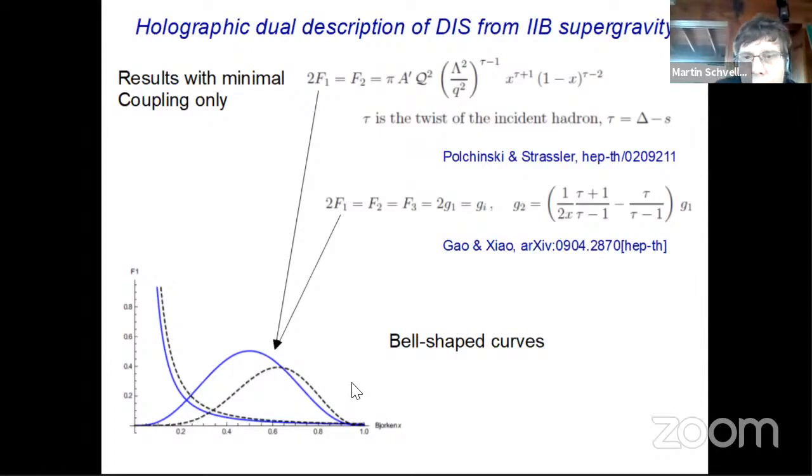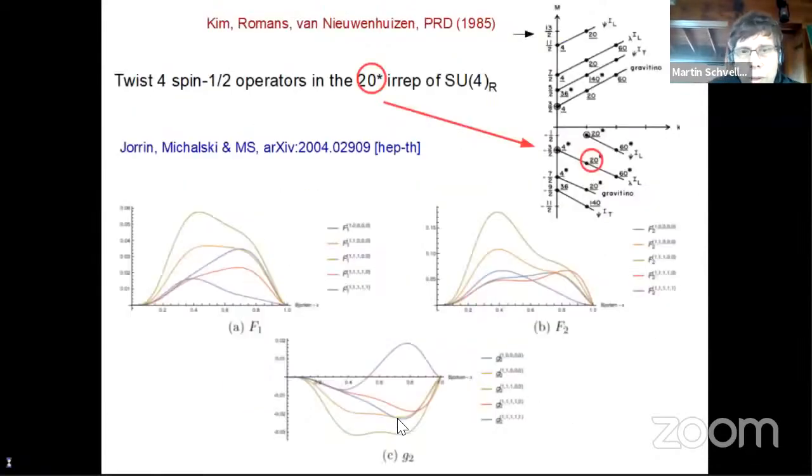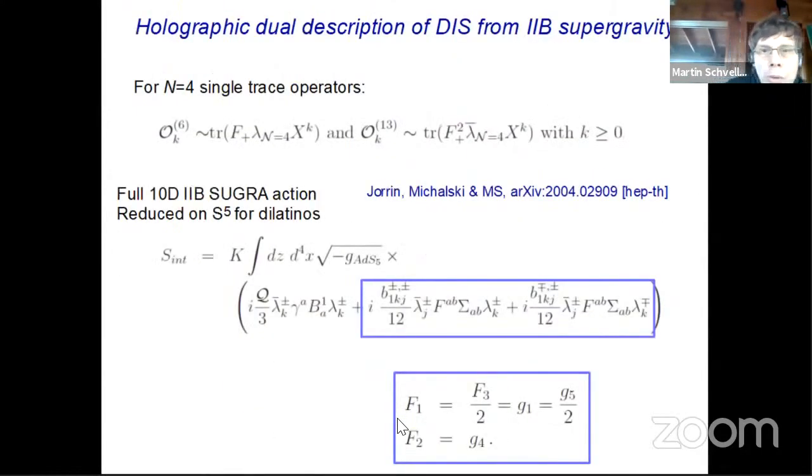So basically, more recently, we did a calculation with David Jorrin and Gustavo Michalski this year, in which we considered two new things in a sense. One is a precise incorporation of single trace spin 1/2 operators of N=4 super Yang-Mills theory. And the kind of operators that we consider are the ones that I'm calling here O6, depending on this parameter k. k basically is the power of